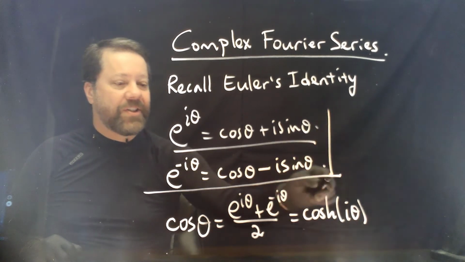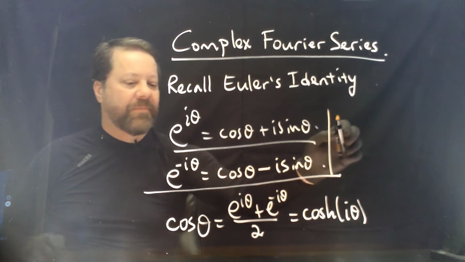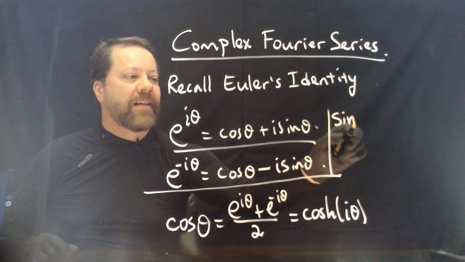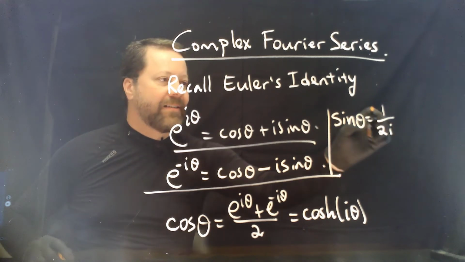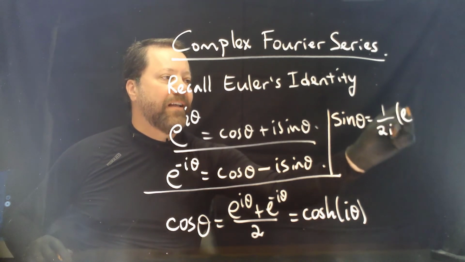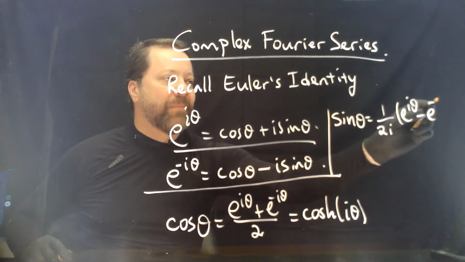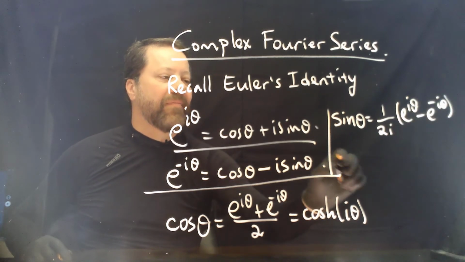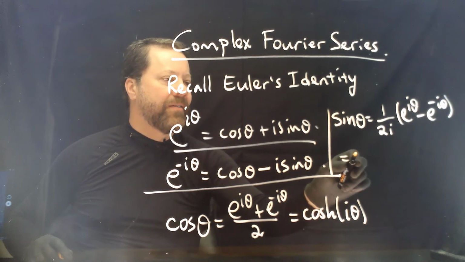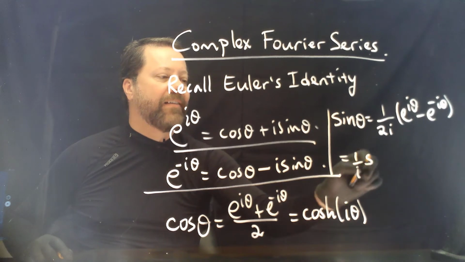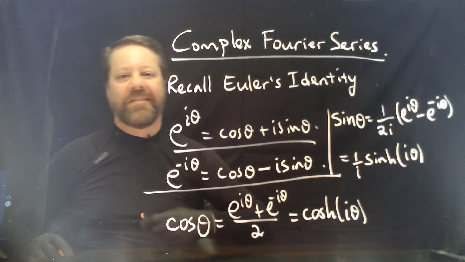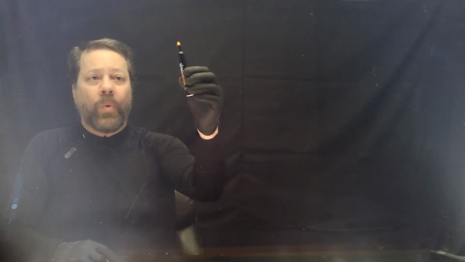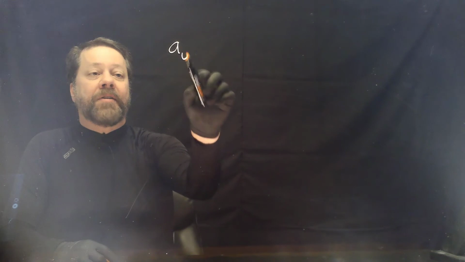And in addition, if we subtract them, then sine theta will be 1 over 2i times e to the i theta minus e to the minus i theta, which is 1 over i times the hyperbolic sine of i theta. If we now look at the old formula for a Fourier series,